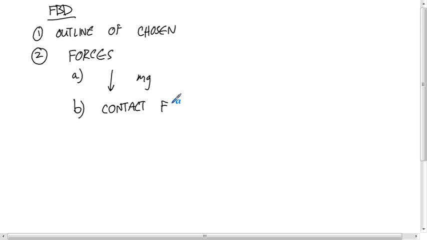Those contact forces fall into two categories, the way you treat them. One is if you don't know the direction of that force,